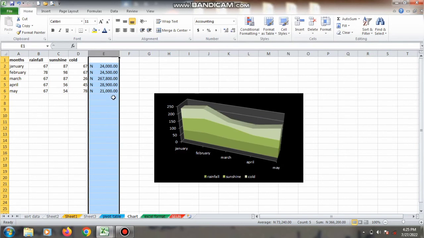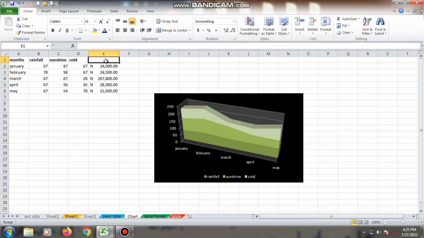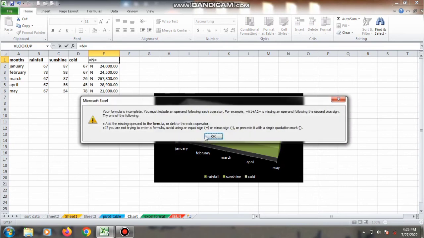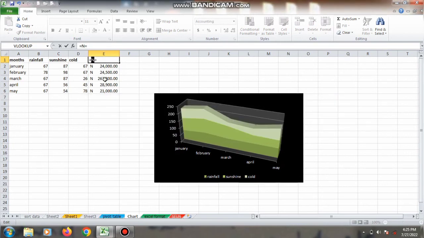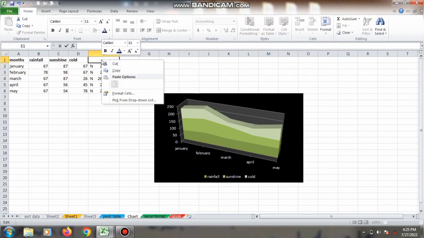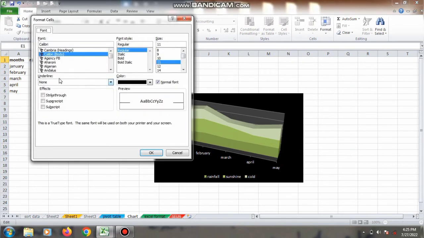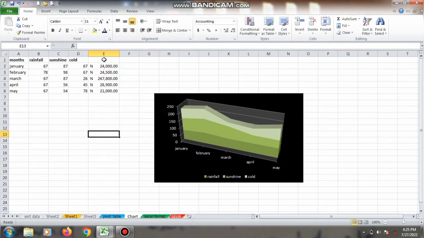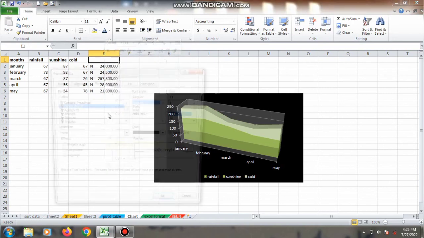So it's not the naira sign at all. And that is why when working with Excel, you will not see us working with naira. That is why you always see something like this when you are working with calculation in Excel. This is what we use mainly for our Excel. After you change your column to text, don't forget, we always use equals